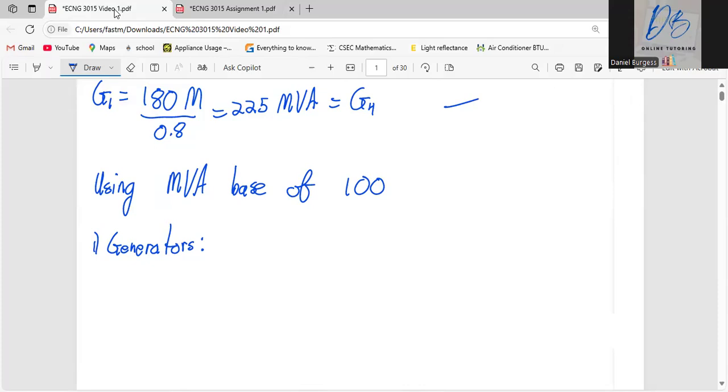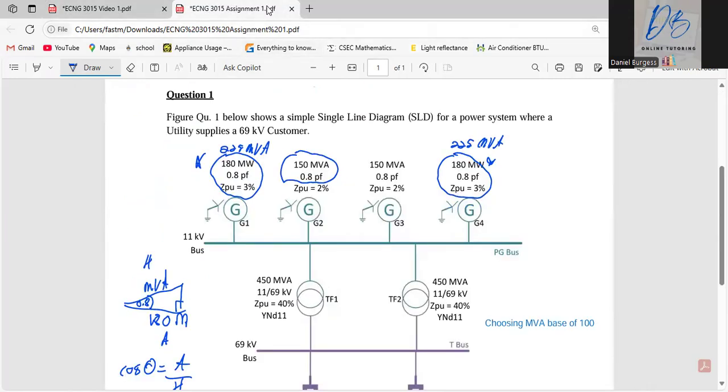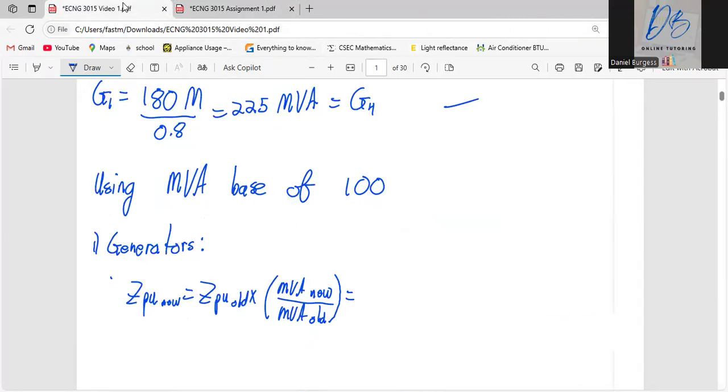So we'll do the 225s. For the 225s, the Z per unit new equals the Z per unit old multiplied by the MVA new divided by the MVA old. In this case, this one is 0.03, multiplied by the new MVA, which is 100, divided by the old one, which is 225, and we will end up with 0.0133 j. These are generators G1